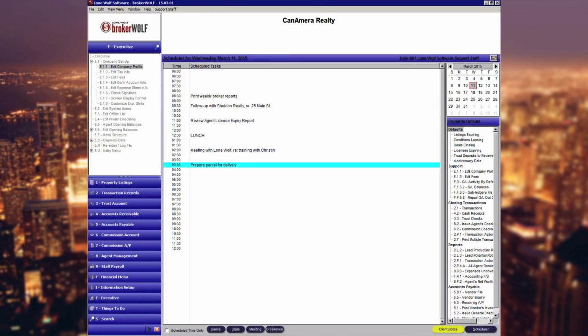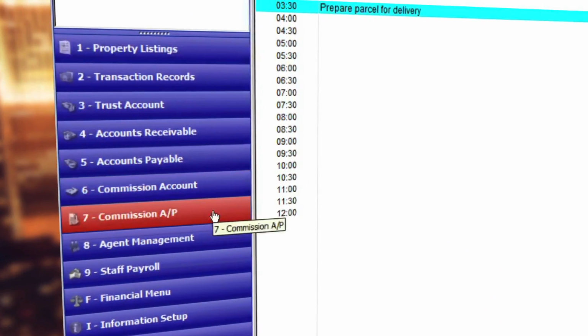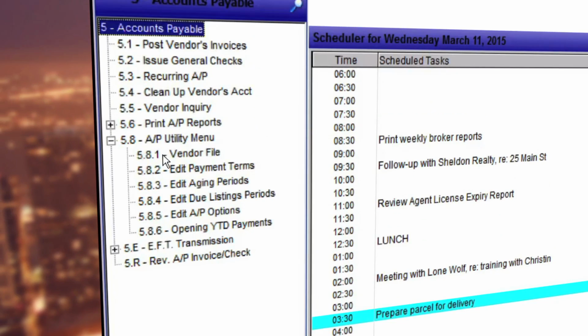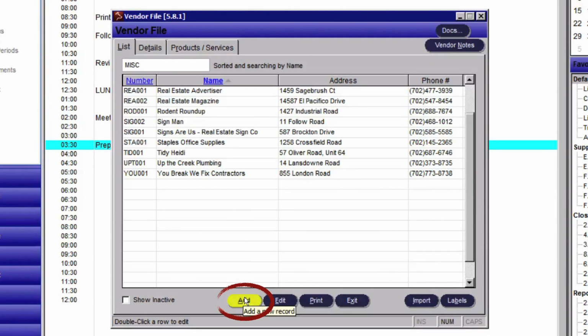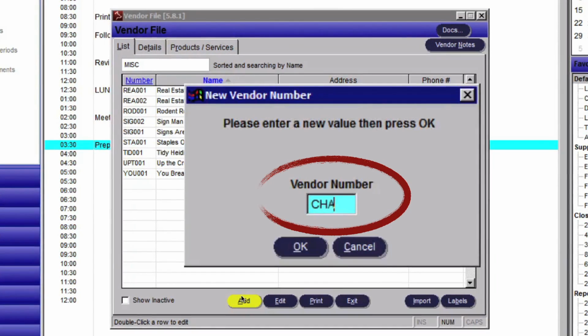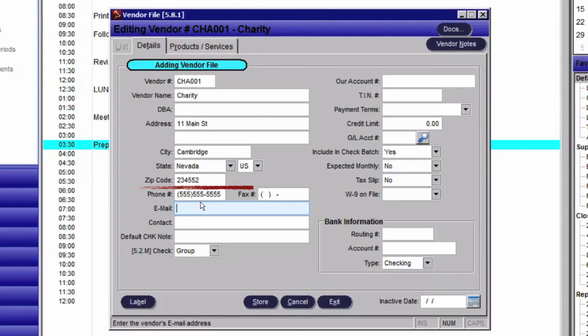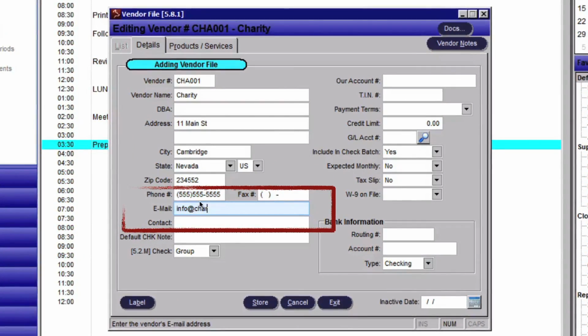The first step in setting up a charitable donation is to create a vendor file for the charity. To do so, head over to 581, Vendor File. Hit the Add button. Assign a vendor number or short code. Now, enter in the vendor details, including address, contact information,